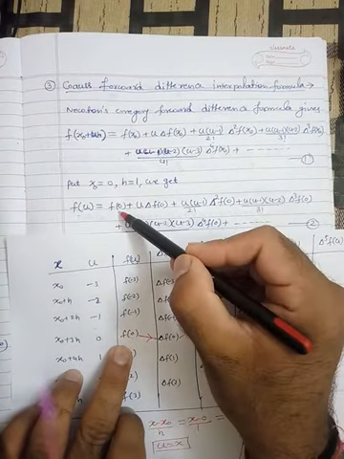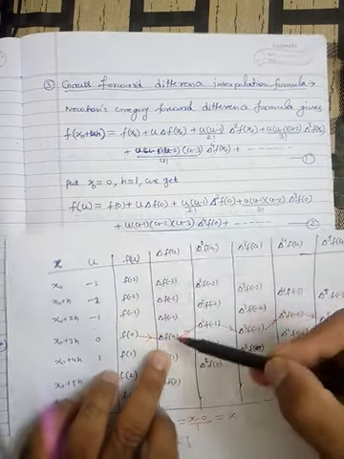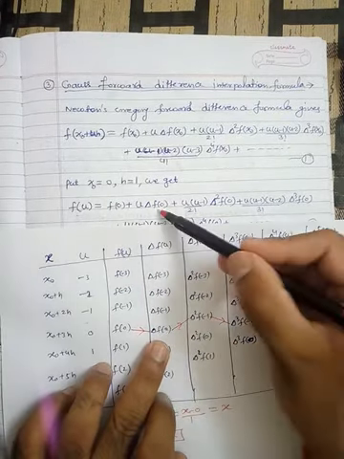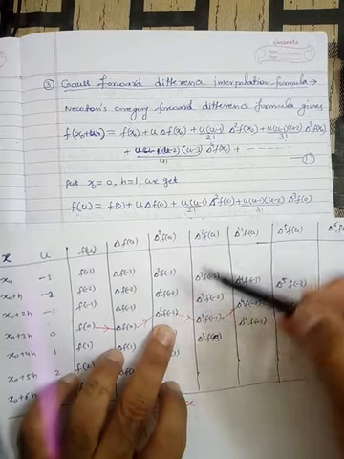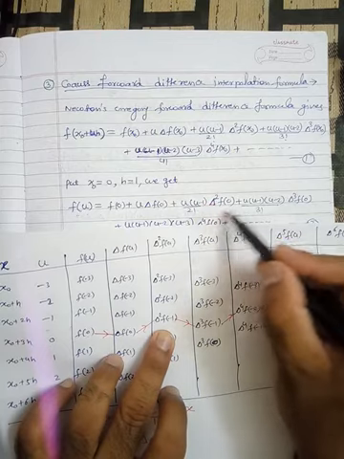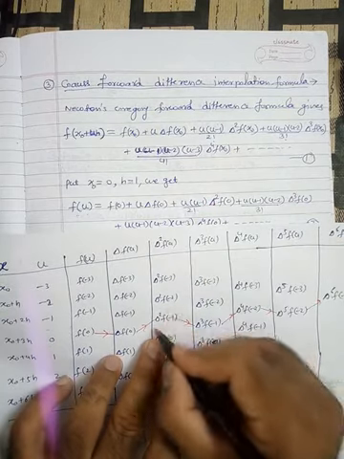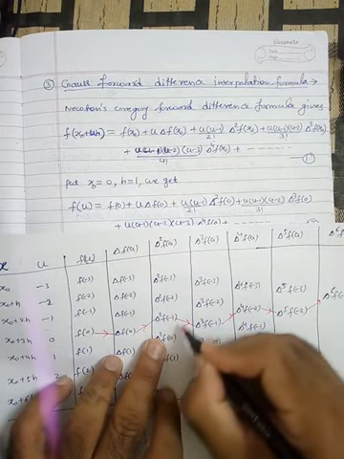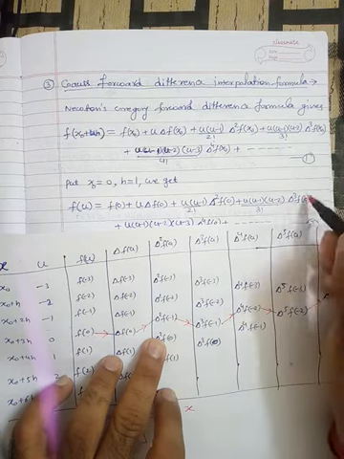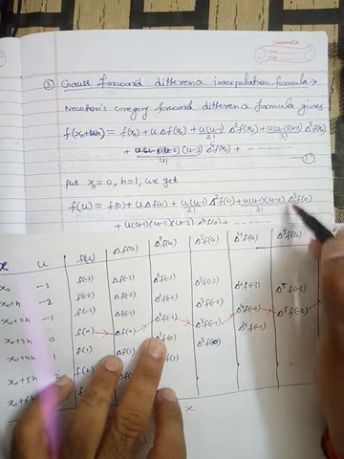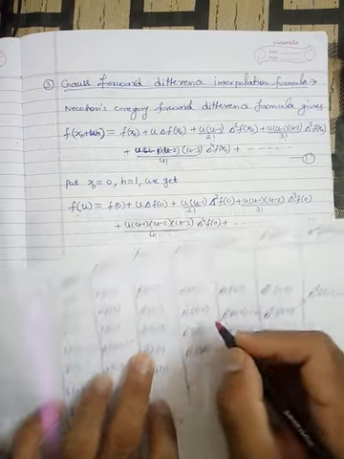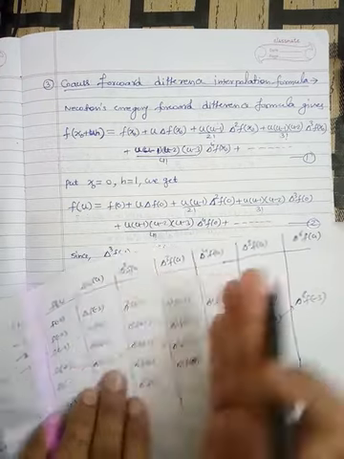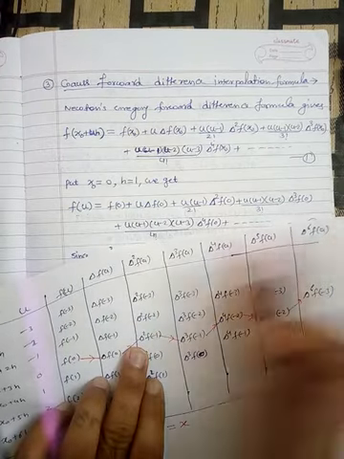So f naught is the first term, no problem. The second term is delta f naught, again no problem. But here is a problem: here we have delta 2 f naught, however, the requirement is that there should be delta 2 f of minus 1. Similarly here is delta 3 f naught, however, the requirement is delta 3 f of minus 1, and so on. So from the second order onwards we are having a problem.